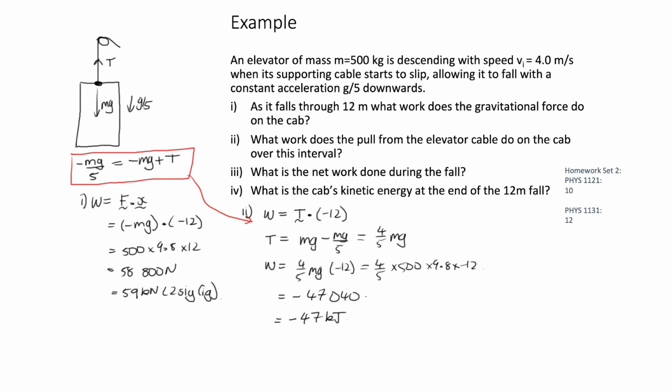Now part 3 says what is the net work done during the fall. Okay, so part 3, net work, that's the sum of the work. So net is equal to the sum of the works. And so in this case, we do only have the two forces acting upon it, the tension and the weight force, which result in this acceleration. So we can say, well, this is equal to the 59 minus the 47 kilonewtons, and that gives us 12,